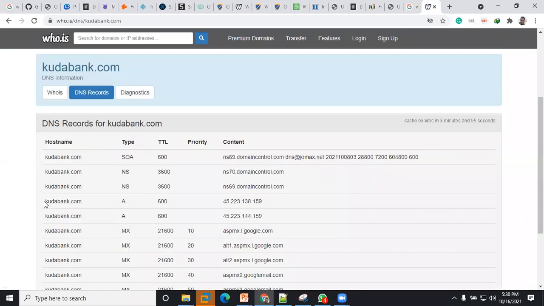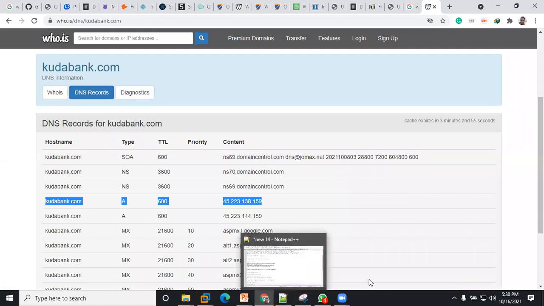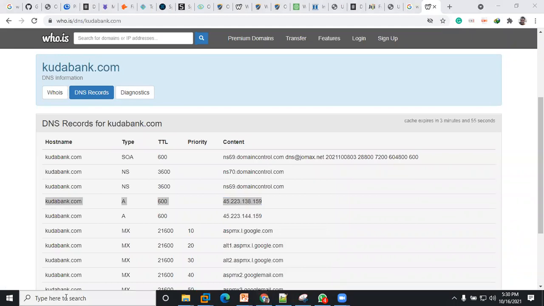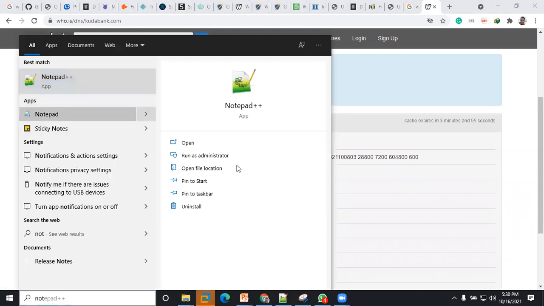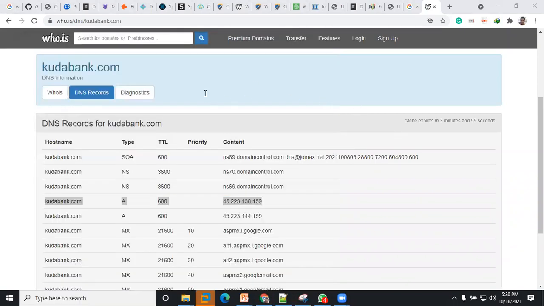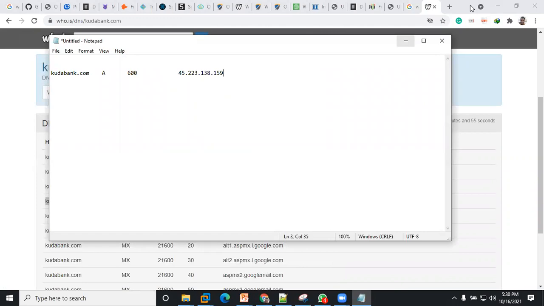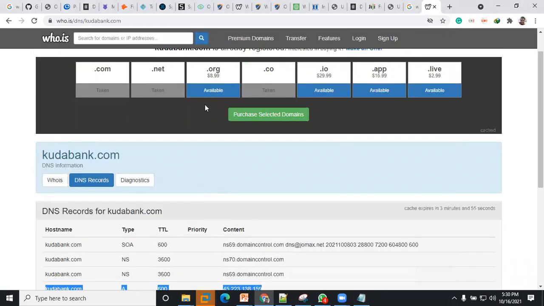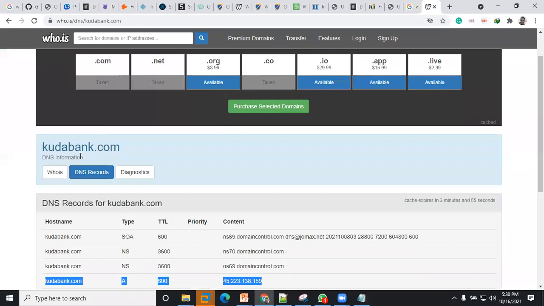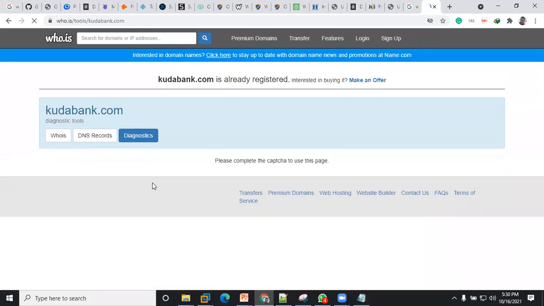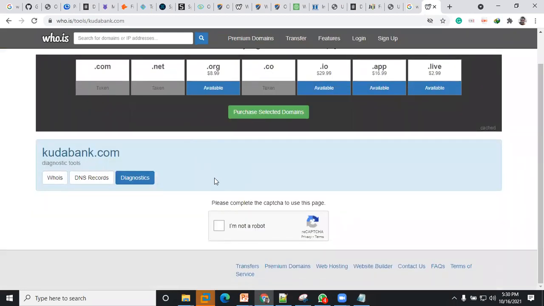So this is how to use whois to search for DNS records and check for information about the web server that is hosting that particular web application.